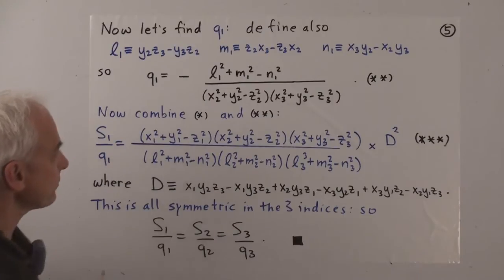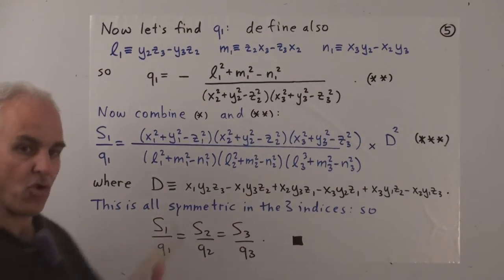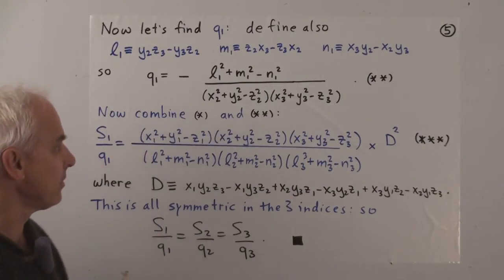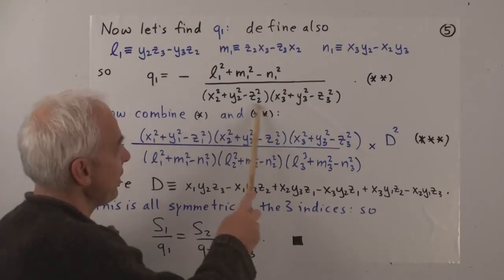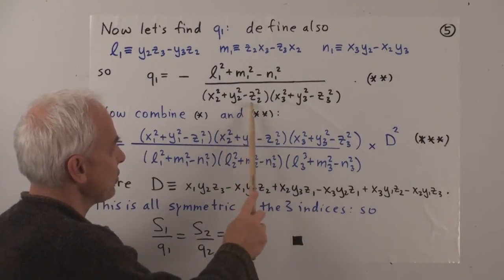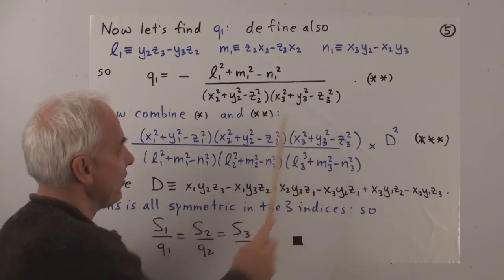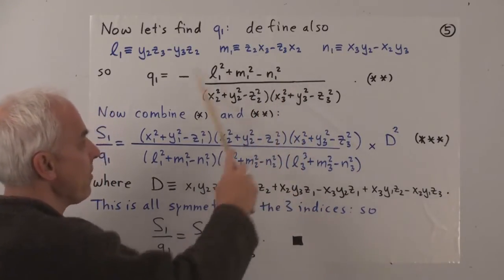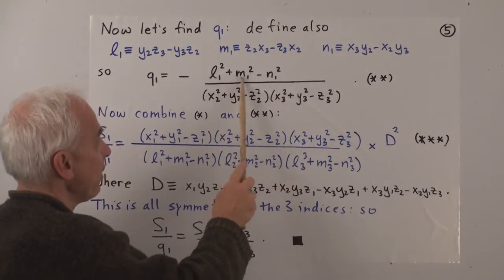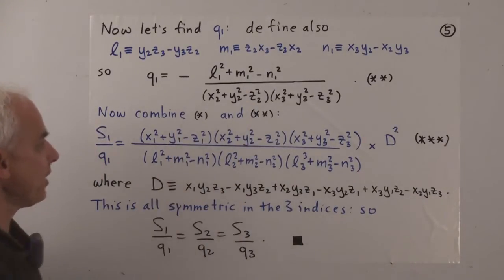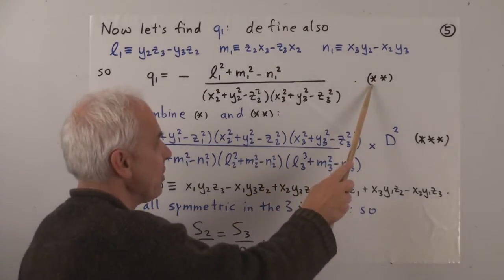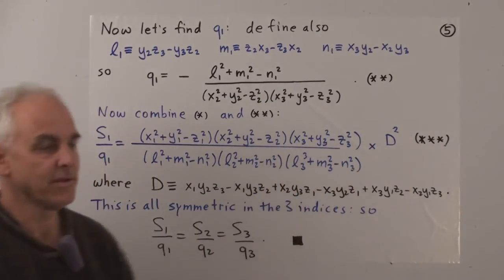Okay, so what is Q1? Well, for the formula for the quadrance between 2 points, this is the quadrance between A2 and A3. And here's the formula for it. It's exactly the same kind of thing. X2 squared plus Y2 squared minus Z2 squared, X3 squared plus Y3 squared minus Z3 squared. And here's that alternate form for the quadrance between 2 points involving these 3 numbers squared. And there's a minus sign in front of it. That's a formula for the quadrance between A2 and A3. We're going to call that double star.